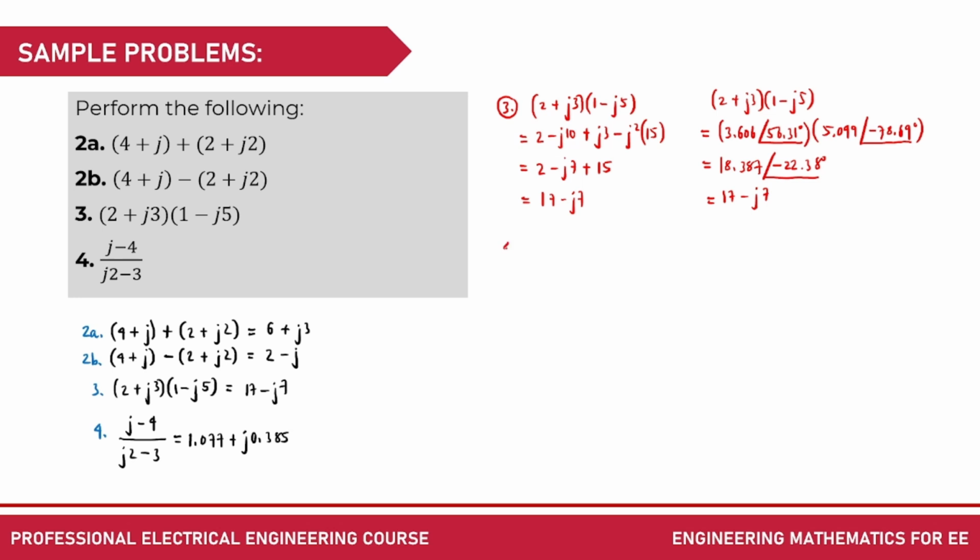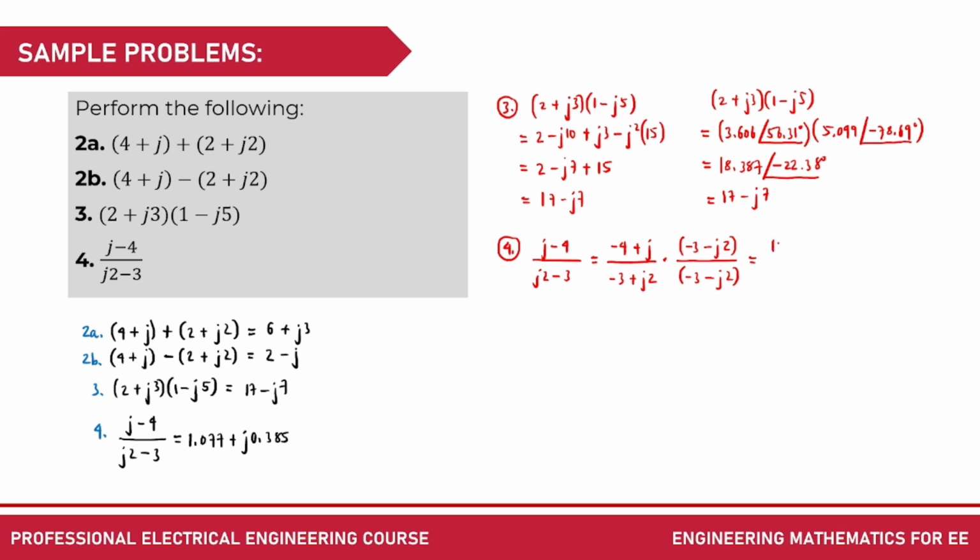Now, in the past, what they do is this. If they are going to divide complex numbers such as this one, they first arrange it real first. So, negative 4 plus j over negative 3 plus j2. And then after that, they multiply the denominator by its conjugate. So we have negative 3 minus j2 all over negative 3 minus j2. So after that, when you multiply these two, it's like a multiplication of complex numbers.